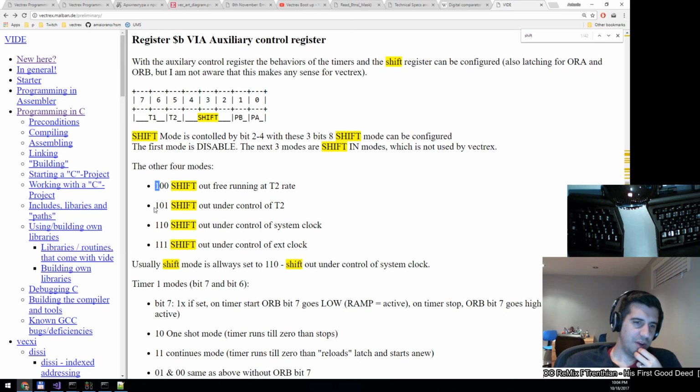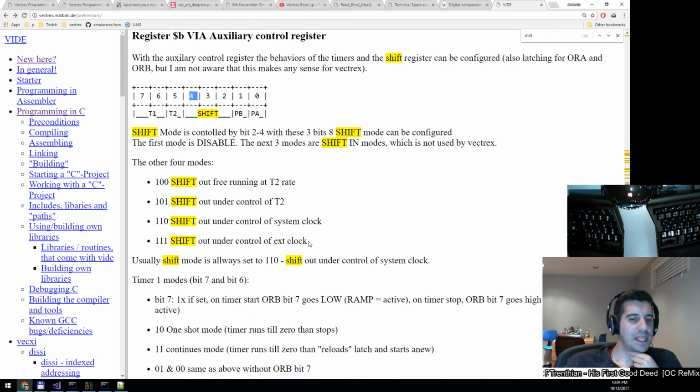And then this bit here, the 1 that we see, bit 4, is what controls whether or not it's enabled. And it seems like